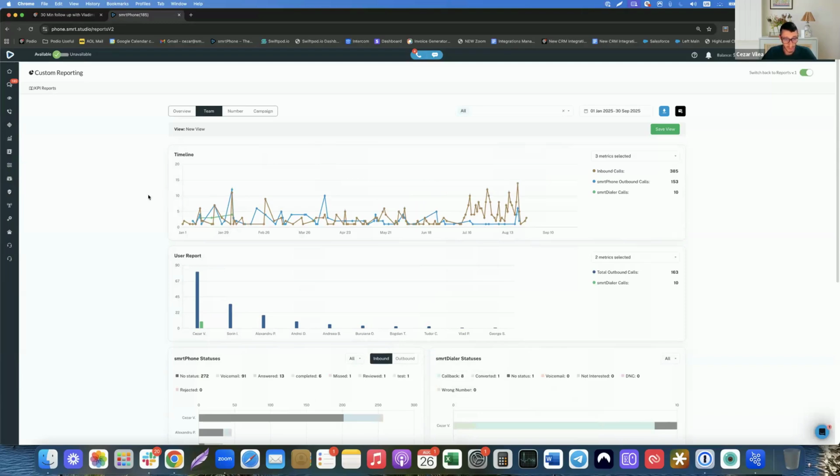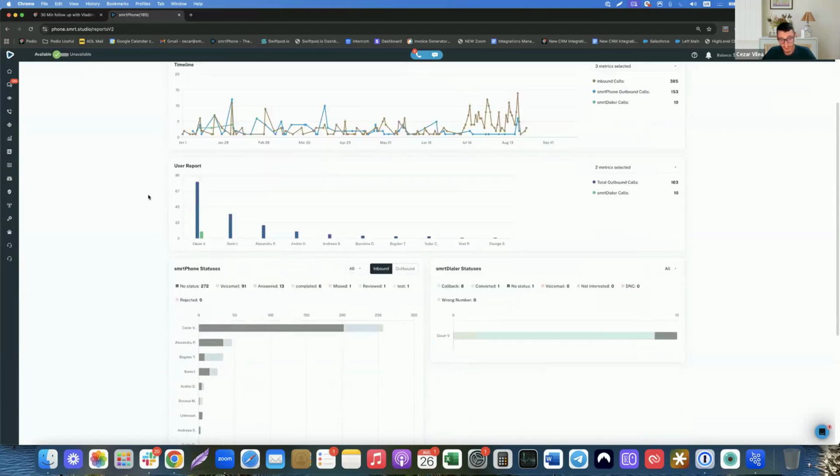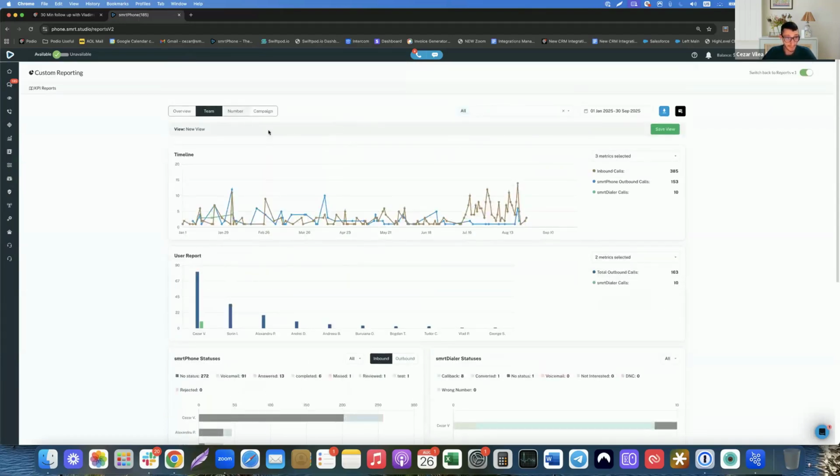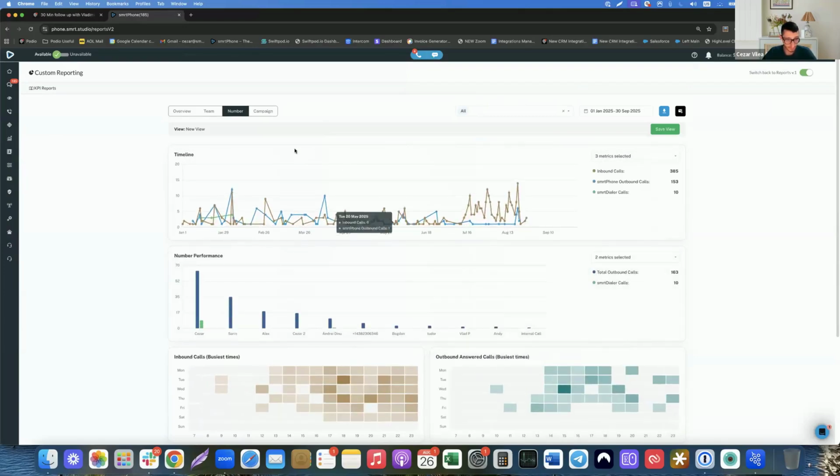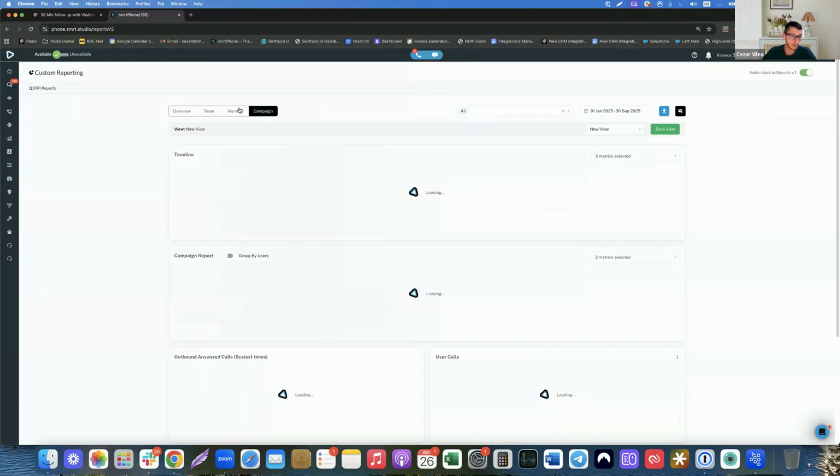You'll be able to see by team member who did the most calls, the smartphone statuses, smrtDialer statuses, and the number. For each number, you can have some KPIs related to their performance, and also some reports regarding the smrtDialer.